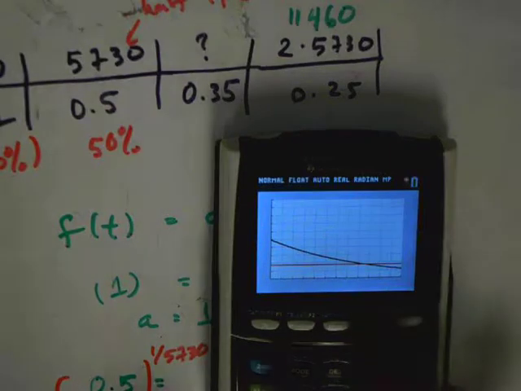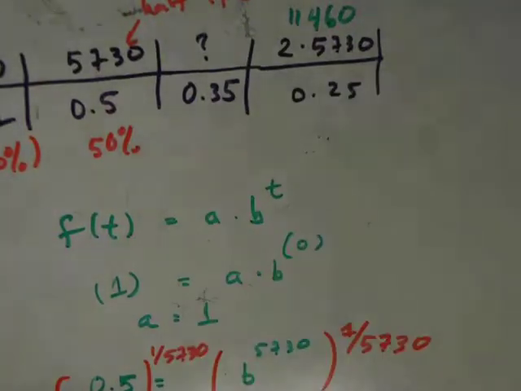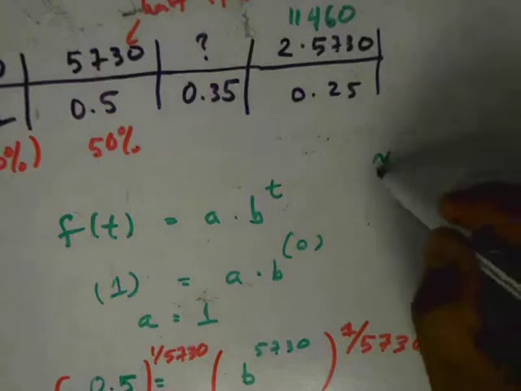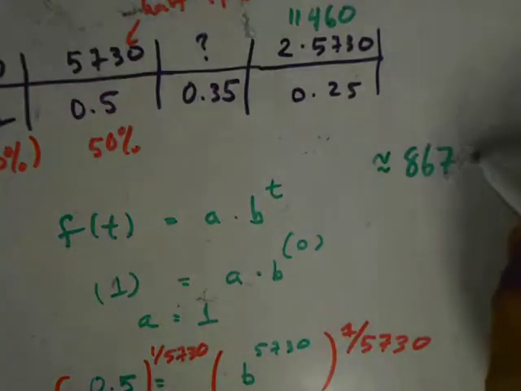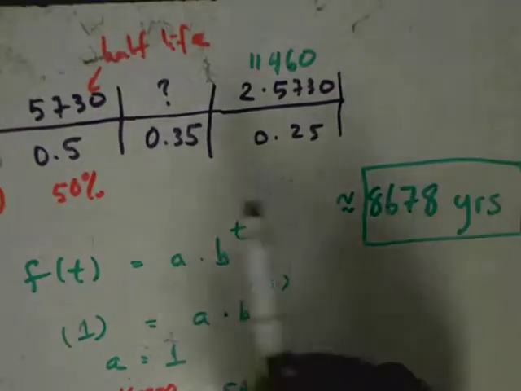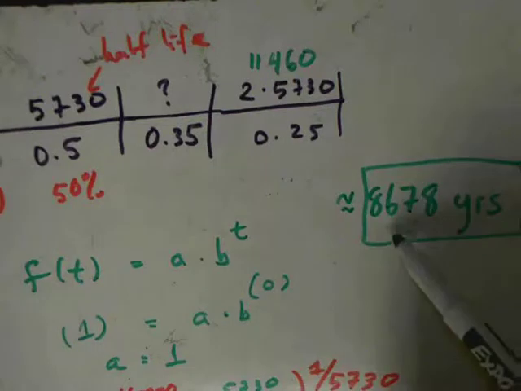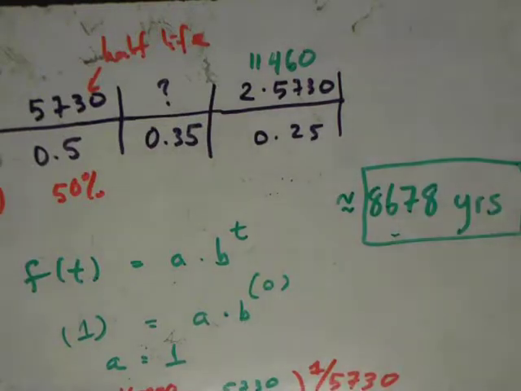And now I can hit second calc, find the intersection. And you can see that it's about 8,678 and a half years. So my final answer is about 8,678 years. Okay? So in other words, if you find a fossil with 35% of carbon-14 remaining, it's about this old. And in fact, this is how scientists, archaeologists, biologists determine the age of various fossils, because carbon-14 is